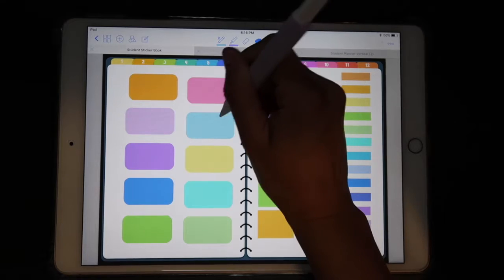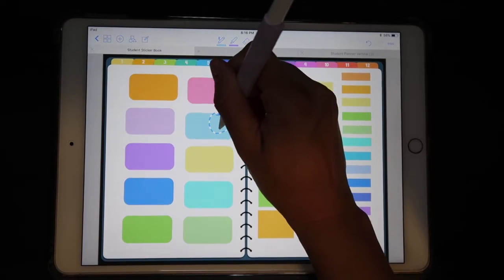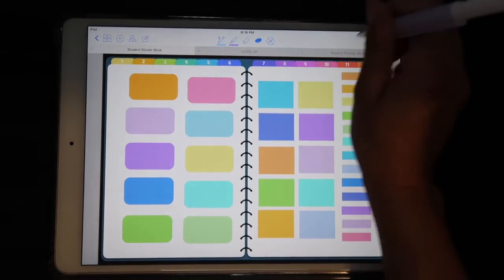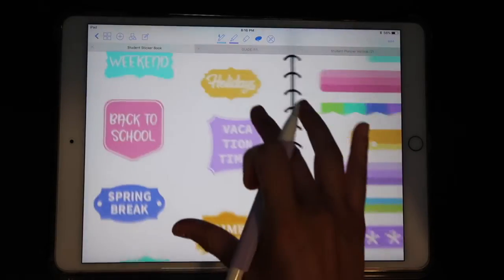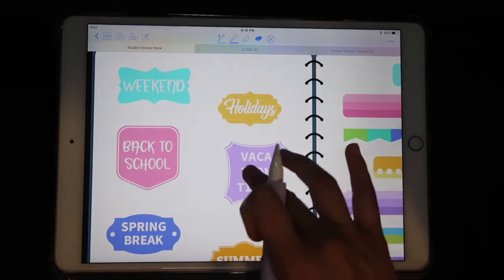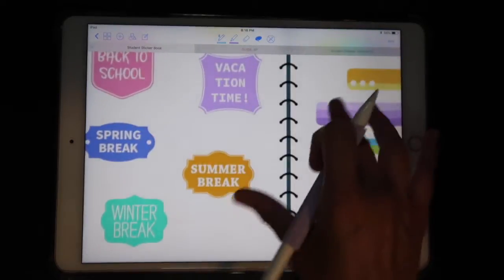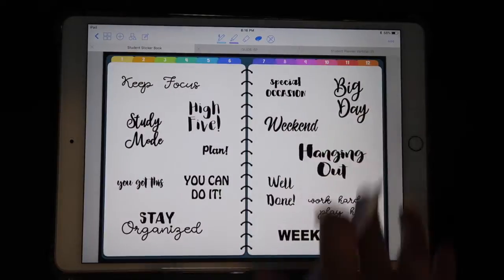Of course, these are all ready to use. You would just select it and you can copy it and then go to the pages of your planner and paste the sticker. This is also a part for students. You have back to school, holidays, vacations, spring break, summer break, etc. You have some words,